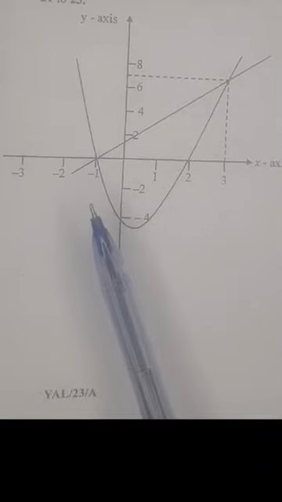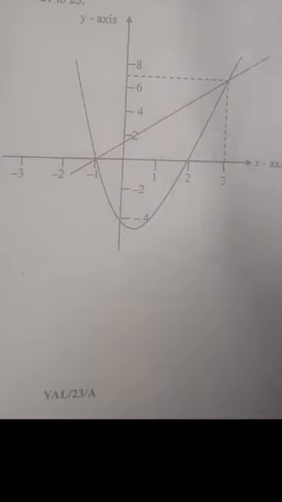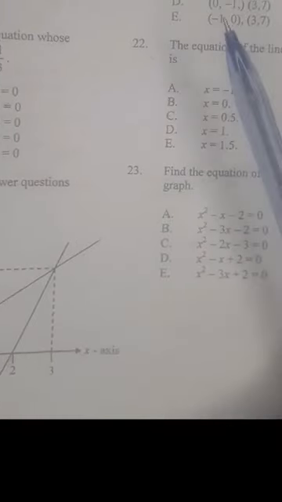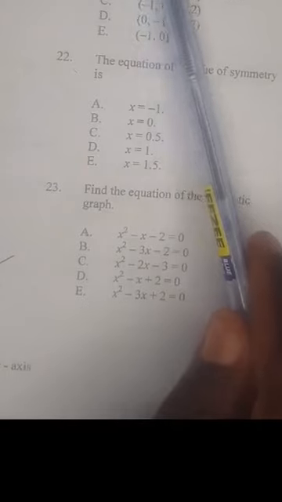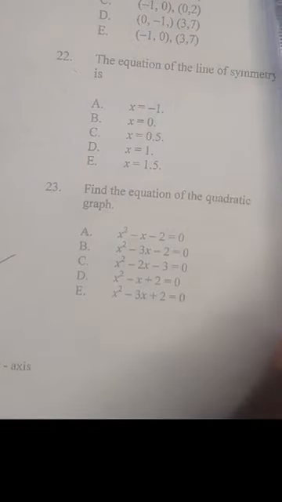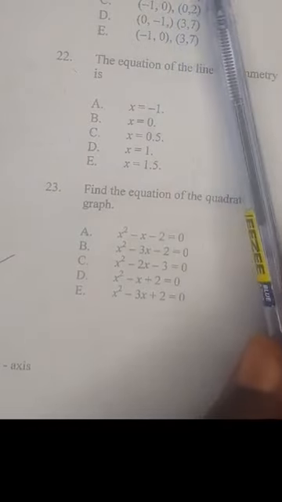Use the graph below to answer questions 21 to 23. This is a graph of y against x. On this particular graph, we have a quadratic graph as well as a linear graph. Now let's see question 21. Question 21 says, which of the following gives the point of intersection of the linear graph and the quadratic